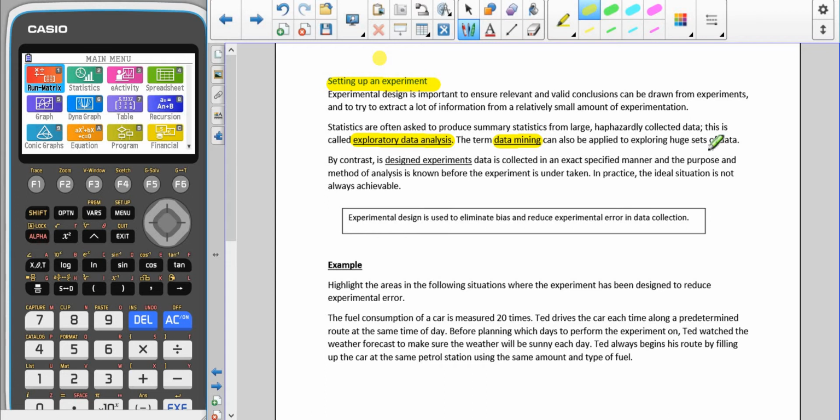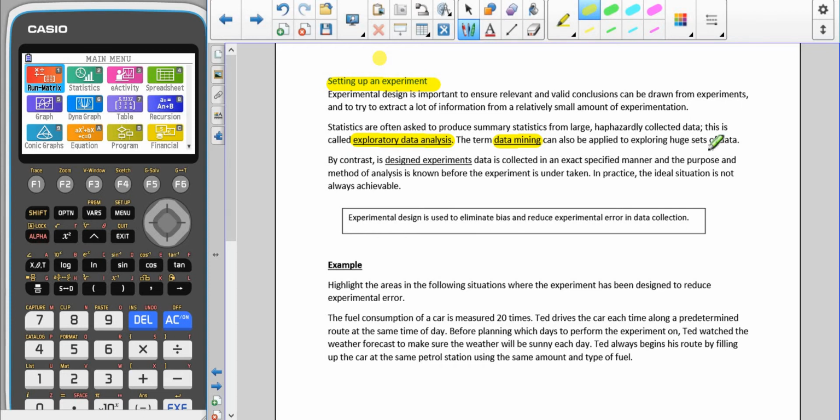The reason why it's haphazardly collected is that you get random bits of data associated to random people. And also some of the data may be missing, some of it may be outliers, and you have to take all this into account when you're having a look at the data and when you're exploring it. So exploratory data analysis or data mining is where we're having a look at large, haphazardly collected sets of data. By contrast,